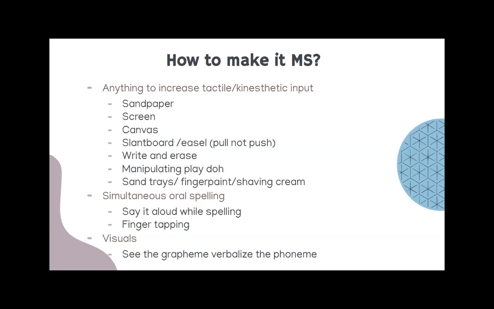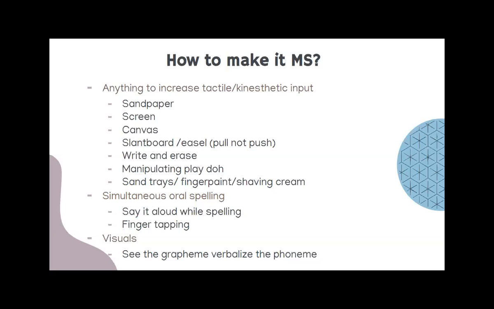So how do you make this multi-sensory? Well, honestly, I told you even in the beginning that you could simply just have them air spell. Something that's great about air spelling is that oftentimes our students will start by pushing. And pushing is a great skill to have, but it's easier than pulling. So students will tend towards it. We actually need them to be pulling. So if you can have your child at home working on either a slant board or an easel and starting at the top and going to the bottom, that's actually better for their tactile input. So anytime you have an easel or a slant board and you can have your student using large muscle movement,